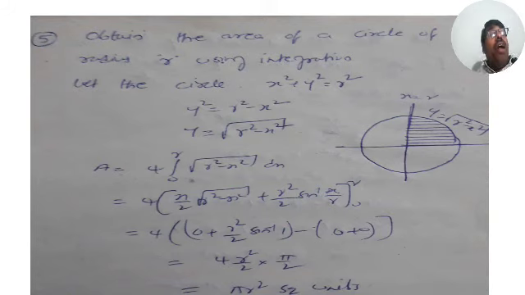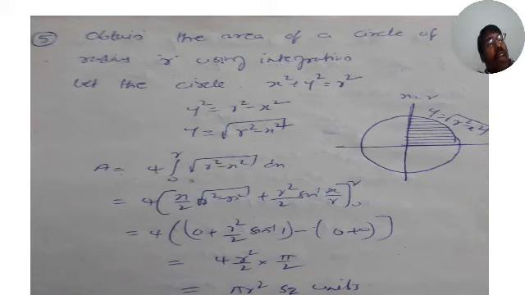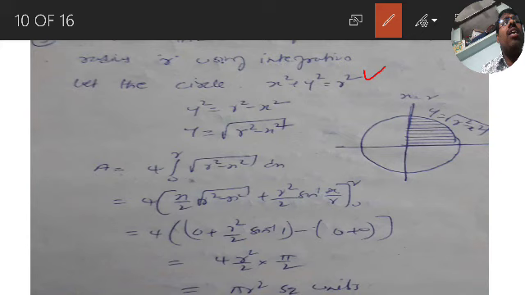But you need to find the area of a circle by using integration. Use the definite integral formula, the application of definite integral, and find the area of a circle of radius r and show that the area is pi r square. That's what he is asking us. Are you getting? That is what he wants. Now, the radius of the circle is r, so let us take the circle as x square plus y square is equal to r square. So the given circle is x square plus y square is equal to r square.